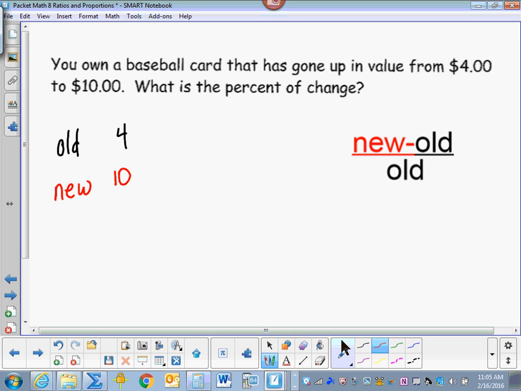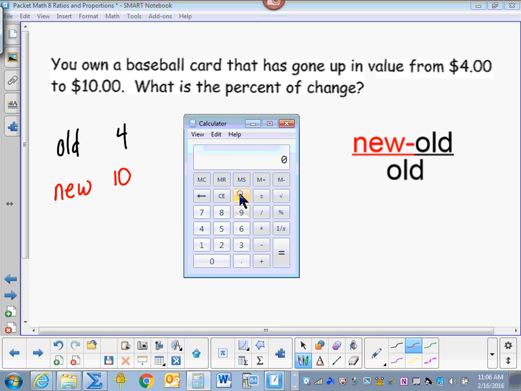You own a baseball card that has gone up in value from $4 to $10. What is the percent of change? Well, the old amount, or the starting amount, was $4, and now it's worth $10. It's increased. So what percent of change? We're going to take the new minus the old divided by the old